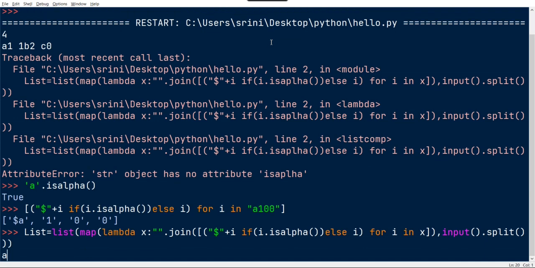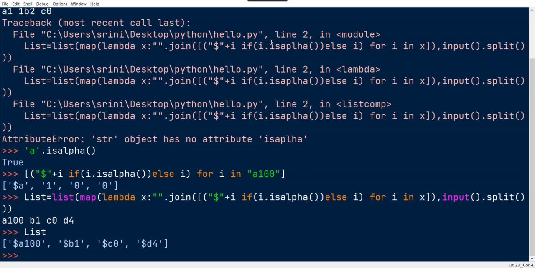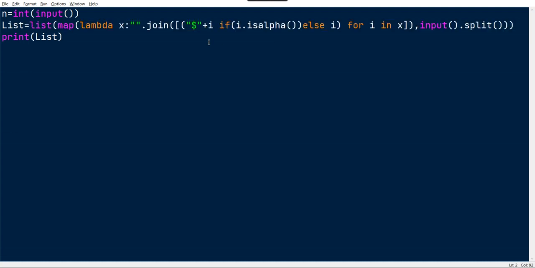Here I'm passing A100, B1, C0, D4 as a list. It's working fine. Then I don't know why we are getting some fishy operation here.